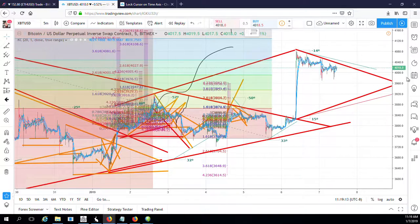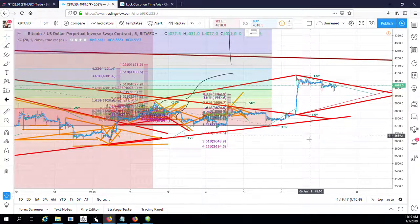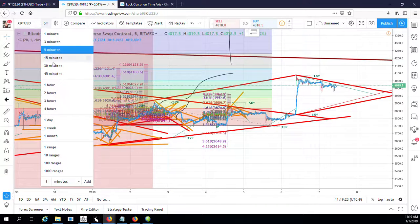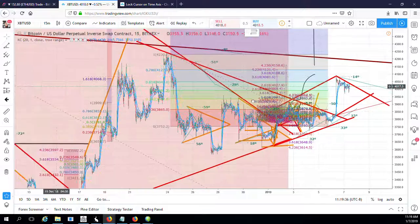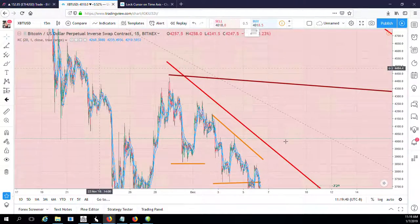Let's see here. I'm going to show you the big picture here. There's a bigger triangle that was formed on the outside. We kind of zoom out. Alright, so this is from the last big pump. Okay, we also have the three hairs here, but it's all within that bigger triangle that started from way back over here when it started tanking,